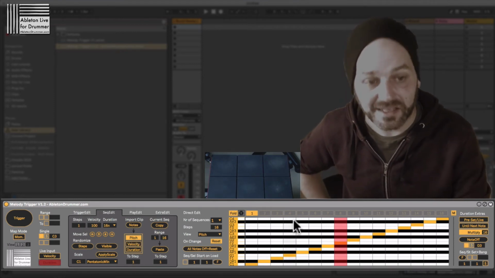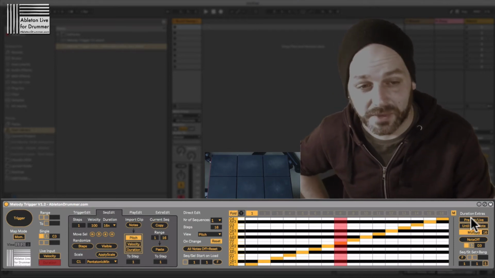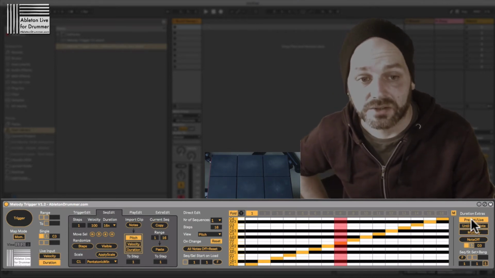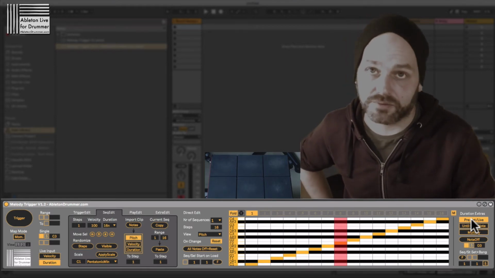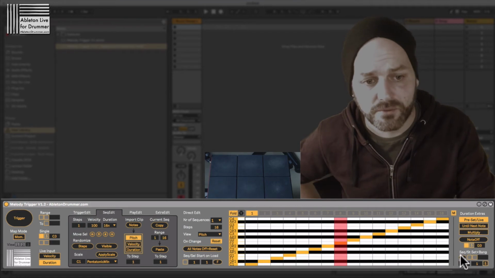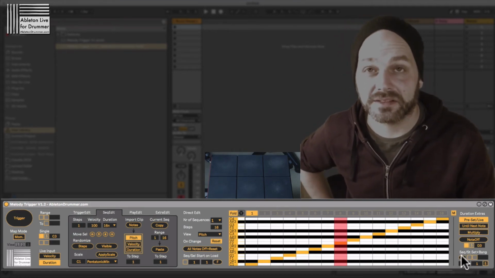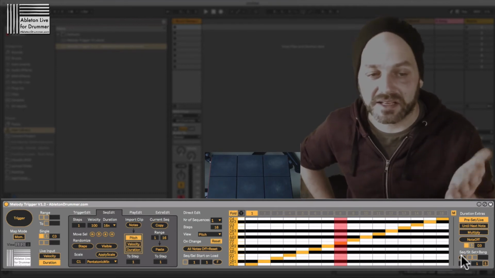So yes, if you want to still use note duration, live duration, you have to go back to preset and live, which is the default setting. Okay, another really great function I implemented here is a sequence and step set and bang,